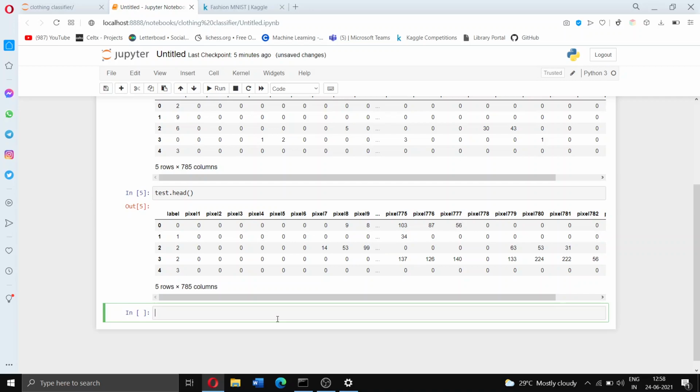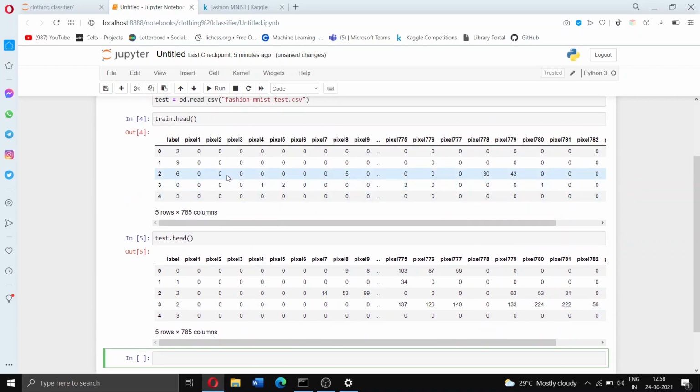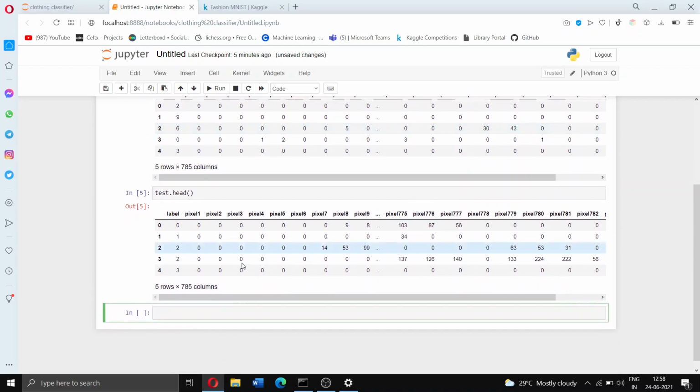Now, first of all, we want to store this into a NumPy array, right? So that everything becomes easier to do later on. So let's create an array called train_data. And since we've imported NumPy, we can just do np.array and pass in what we want.